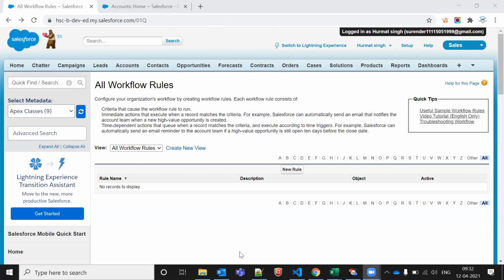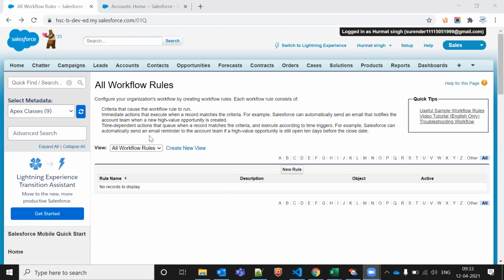I was saying, if we delete the object, will it allow us to delete the object since workflow rules are there for that? Yeah, we can delete. If you are deleting the object, both workflows will also get deleted. Okay, time triggered as well. Okay, fine. What if the workflow is assigned to another object? The same workflow. We can do it only for one object, right? Yes. Okay.